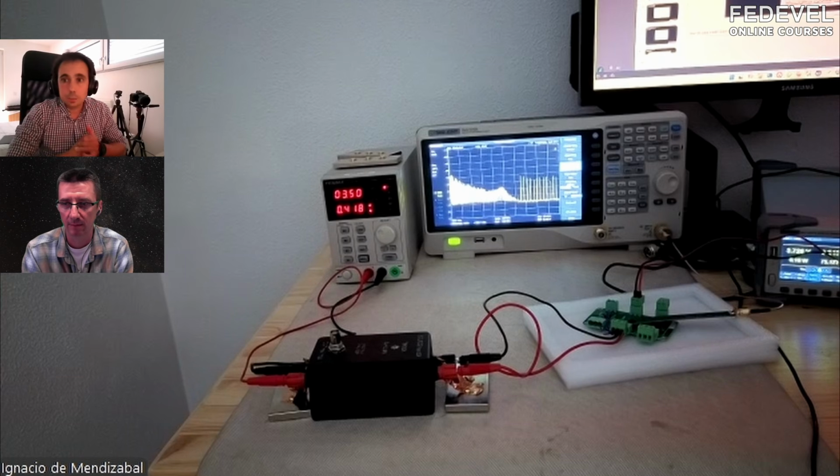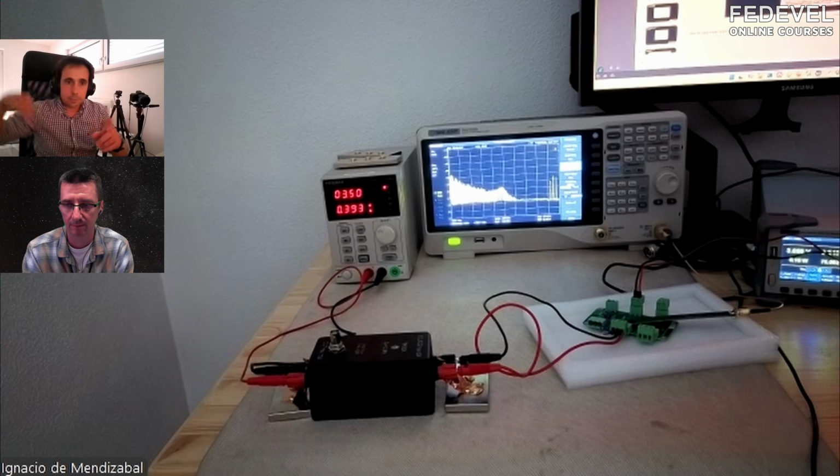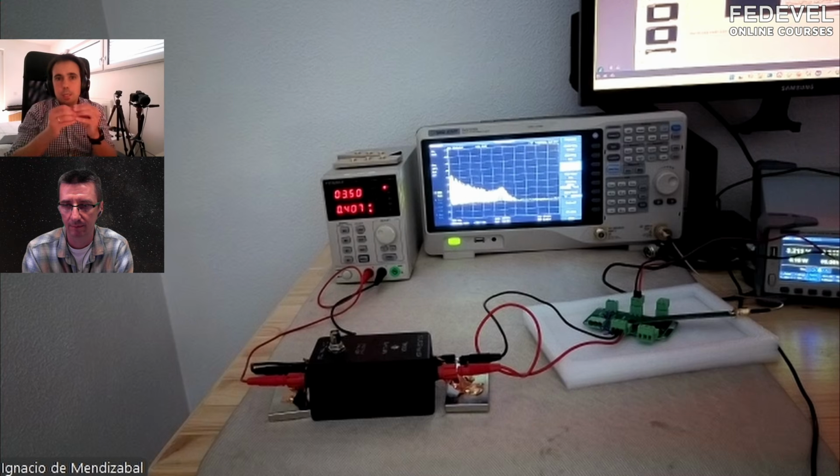Yeah, indeed. And so in the sinus, you have one fundamental frequency, so that's just one peak. And in the square signals, you have the rise time, and so you have a signal that is switching. In the end, if you move it to the frequency domain, a square signal is the addition of many sinusoidal signals, and this is what we see with these measurements. So we are seeing the fundamental frequency, the second, third, all the harmonics, and this is why on EMC, in the end,